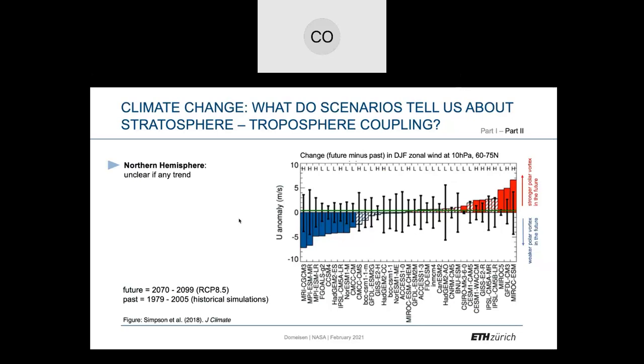So huge uncertainty, and this is probably, as I said, linked to the fact that we have, on the one hand, greenhouse gases which are cooling the stratosphere, yielding a stronger vortex, and on the other hand, changes in planetary wave propagation due to changes in the troposphere that are related to climate change as well, and that might increase wave propagation and therefore weaken the vortex. So the models have this trade-off between several processes, and it's really unclear how these are going to balance out. So this is just a brief excursion for climate change.